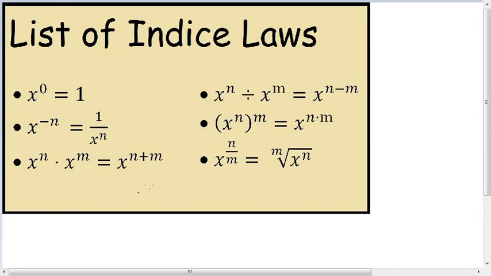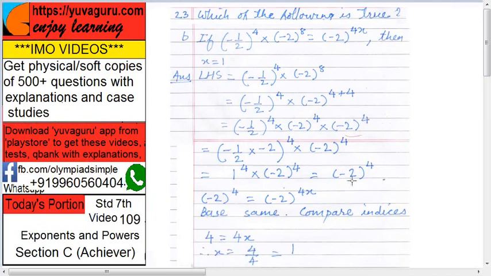We are doing it the reverse way. We have this term now and we are separating it into two separate terms, n plus m. Why have we done this in only 4 and not 5 and 3 or 6 and 2? Because here we have minus 1 upon 2 raised to 4. So we can take this common. So minus 1 upon 2 into minus 2, right? The whole raised to 4 into this minus 2 raised to 4 as it is.